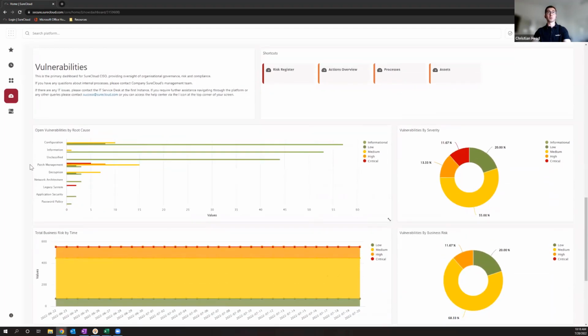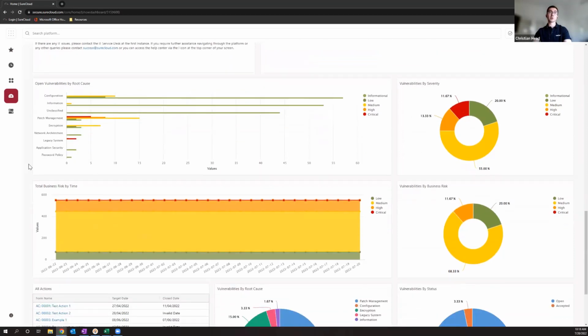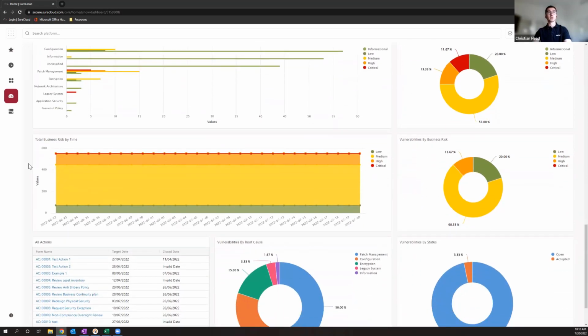And then lastly, we have our vulnerability section. So referencing the vulnerability data that we've ingested into the tool, we can go ahead and look at the vulnerabilities by root cause, as well as the criticality with each of those. We can get more snapshot information around the vulnerabilities by the severity, by the business risk, or if we wanted to get more of a time series analysis, we can look at the business risk and the exposure to that